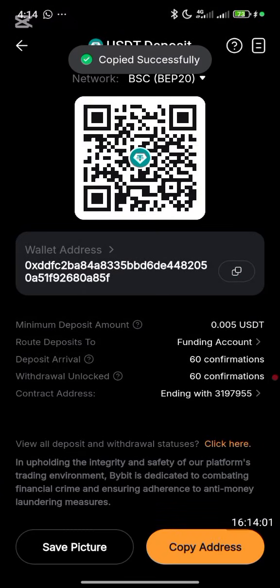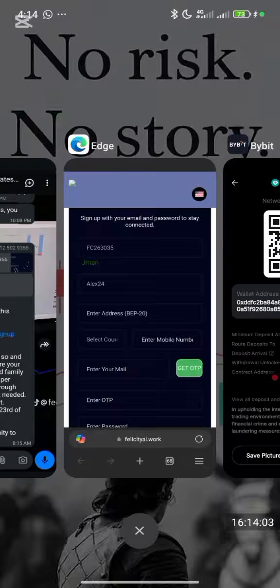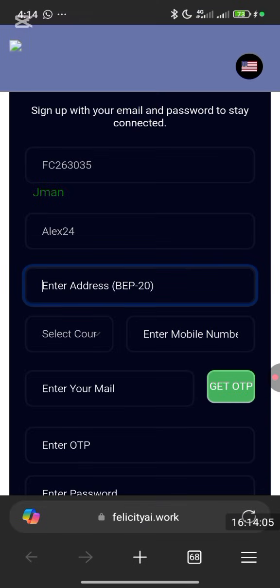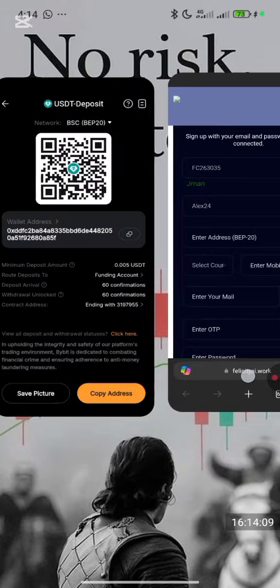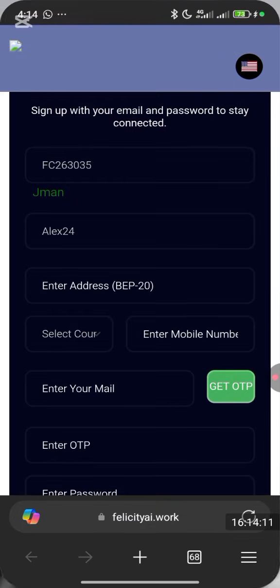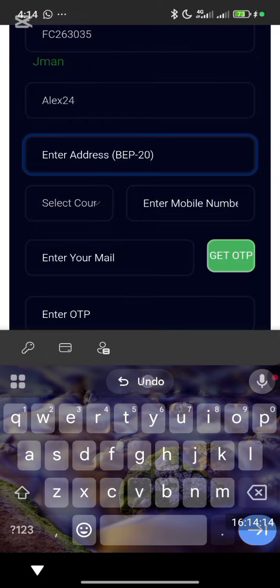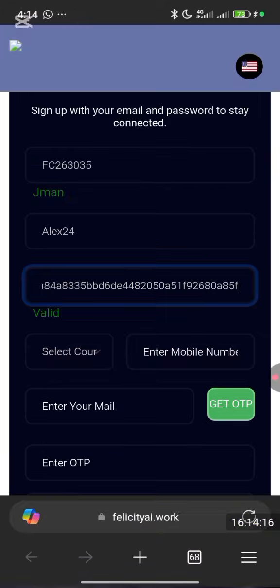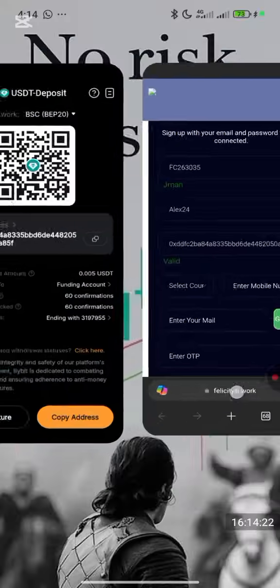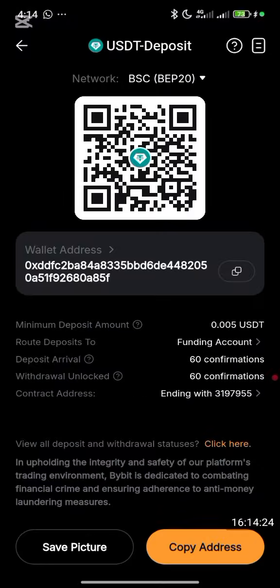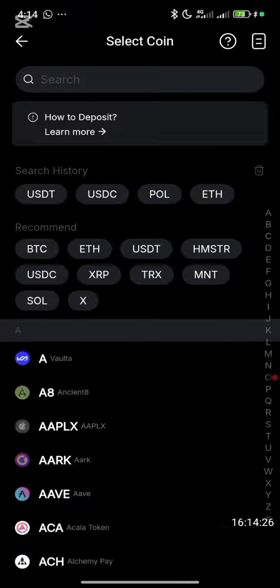Once you have copied it, now minimize and go over to the BEP20 wallet address field. Now you can see this is the BEP20, and it's the same thing that I just copied. Now you can input your wallet address. Now copy and paste it. Now you can see it's valid, because if the wallet address is not correct, or if you pick any other wallet address,